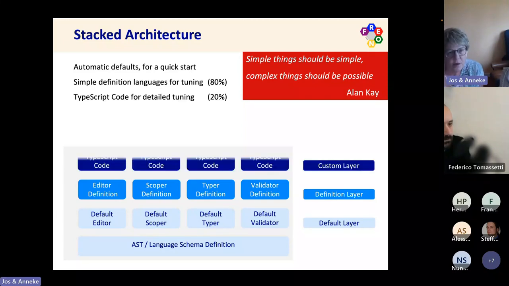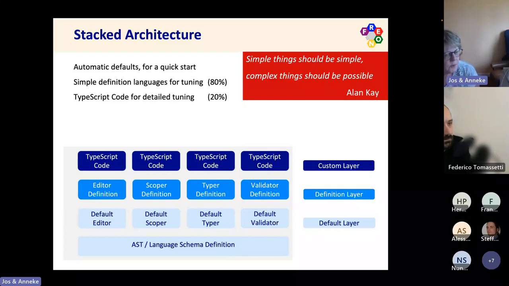But finally, we have the third layer, and that is TypeScript code. Every developer can add his or her own TypeScript code for very detailed tuning for these aspects that are just not right for the system that you want to build. And furthermore, every one of these stacks can be done per concept in a language.